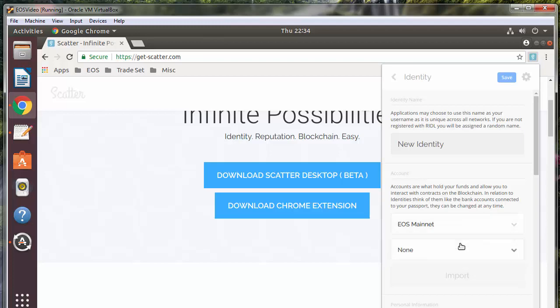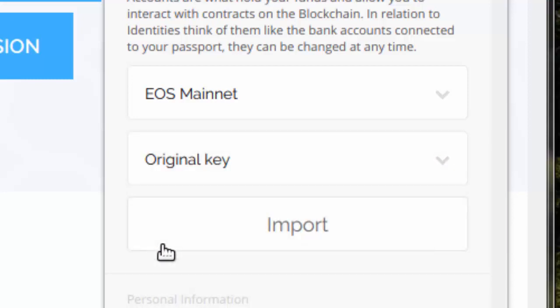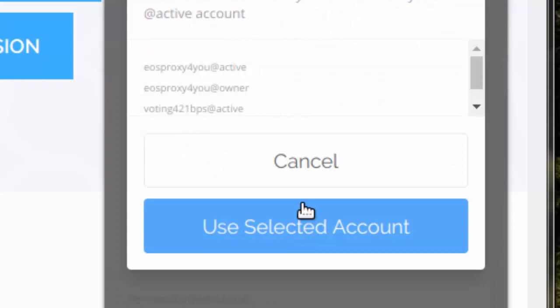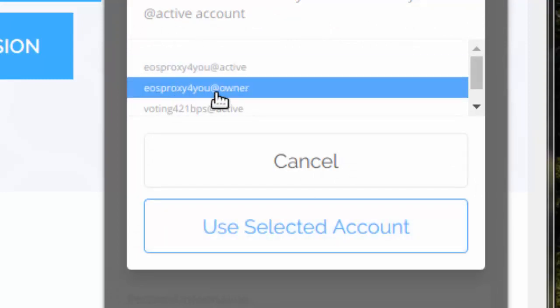In the second box, we should see the two key pairs that we created. So now we're going to use the original key in this case, because we need to use the original key to change the keys to the new keys. So we're going to click Import here. Now that went online and found our keys,